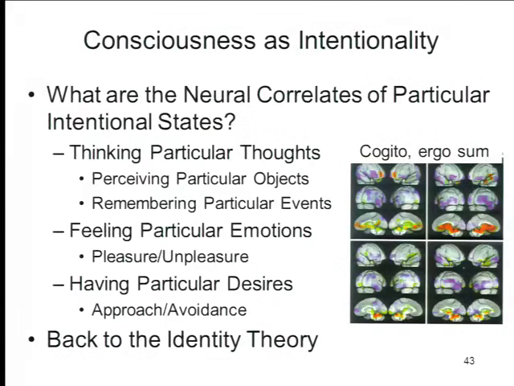And what you get is a lot of activity in the temporal lobes surrounding the hippocampus. When she asked her subjects to feel particular emotions, pleasant emotions or unpleasant emotions, she got activity in a very different area of cerebral cortex. And when she asked them to think about wanting something or wanting to avoid something, some kind of motivational state, she got activation in quite different areas. So this is wanting